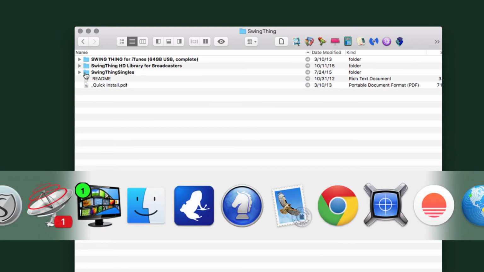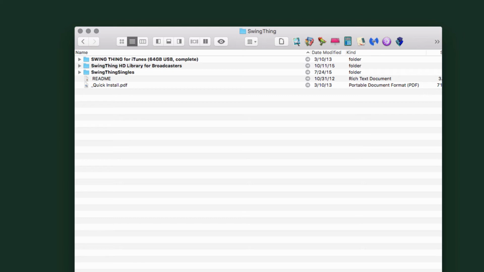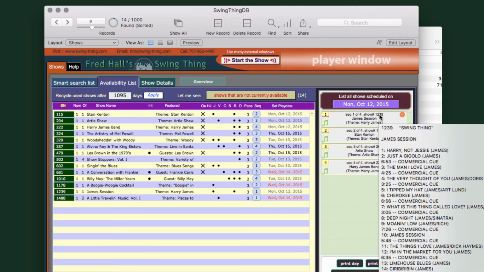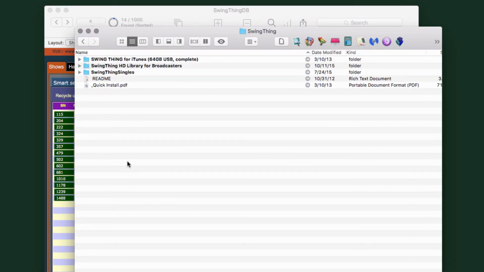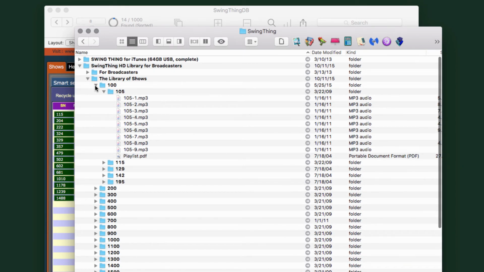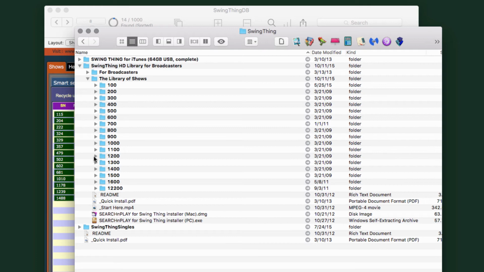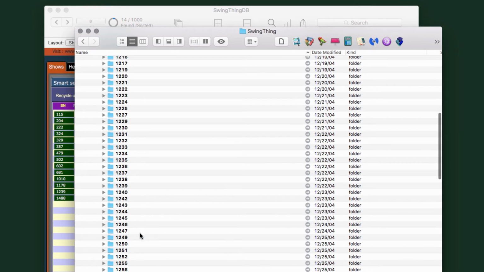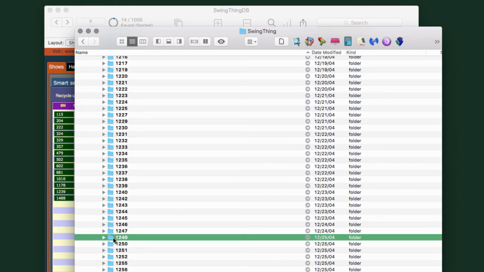Going back to the Search and Play app itself, let me bring that back up here. If you decide on a show, all you have to do is look at the show number, like number 1239, mentioned there, and I could just come here and look for the 1200 folder, and then in there would be 1249 right there. So if I was going to queue this up, I'd either point to this with the automation system or drag it into the automation system or do whatever you need to do, and then you'll have these